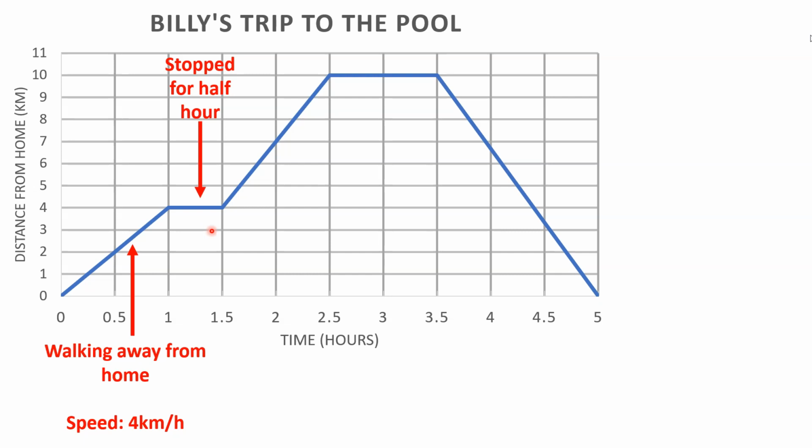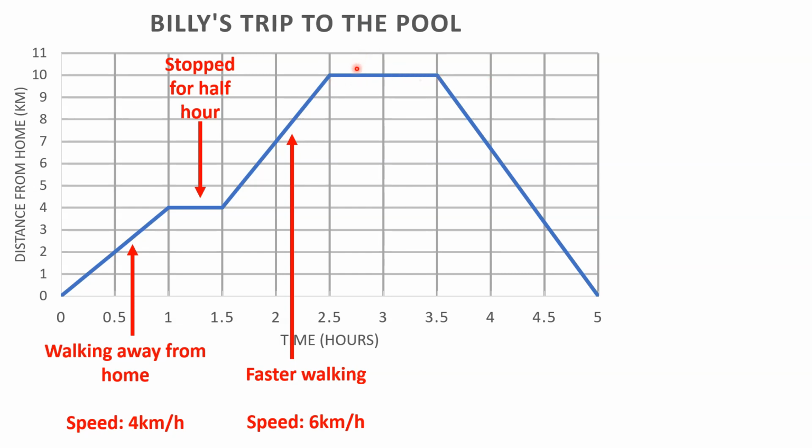Now, the next part of the line, you can see is slightly steeper. It looks similar, but it is slightly steeper. From the steeper line, you can see it's faster walking. And you can see here, it's a period of 1 hour. And over the hour, they cover 6 kilometers, which means the speed is 6 kilometers an hour. Now, again, he obviously arrives at this pool because he stays there for an hour. So this is when he arrives at the pool here and doesn't get any further away from home